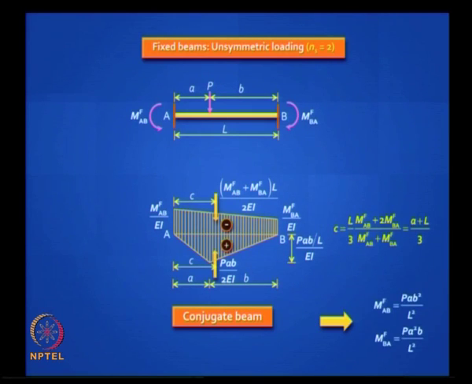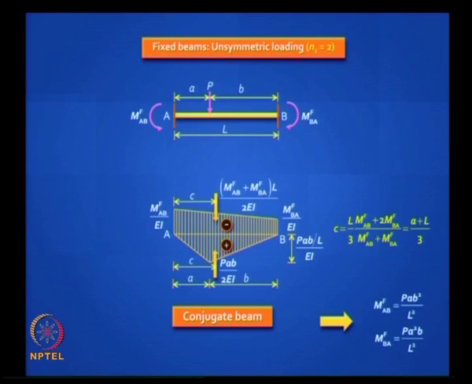We won't go through this, but these are formulas that you need to recall, especially when you do displacement method. The fixed end moment formula here turns out to be P A B squared by L squared for the moment MFAB, and P A squared B by L squared for the moment MFBA.